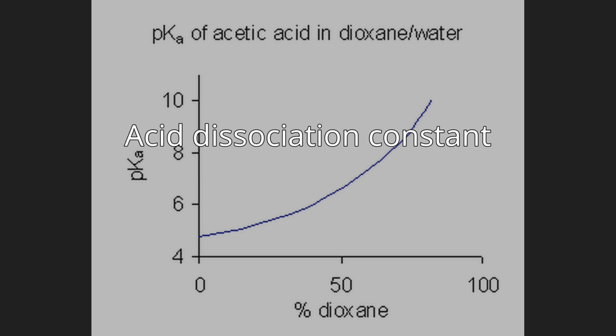Acid dissociation constant. An acid dissociation constant, Ka, also known as acidity constant or acid-ionization constant, is a quantitative measure of the strength of an acid in solution. It is the equilibrium constant for a chemical reaction, known as dissociation in the context of acid-base reactions. The chemical species HA is an acid that dissociates into A-, the conjugate base of the acid, and a hydrogen